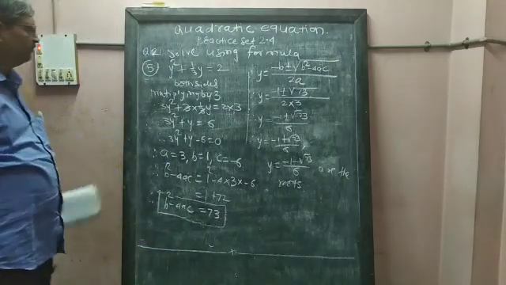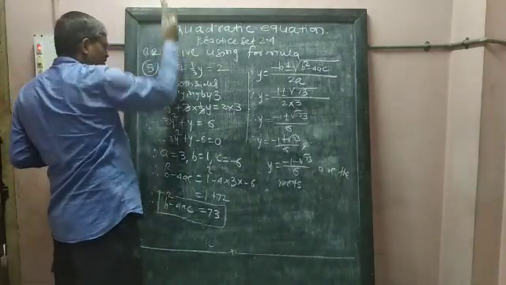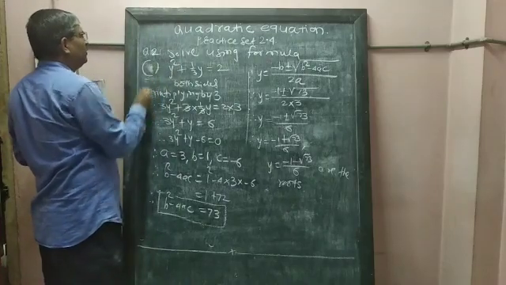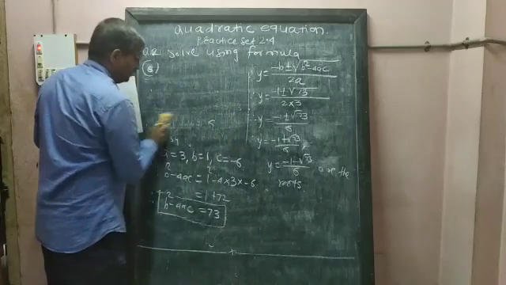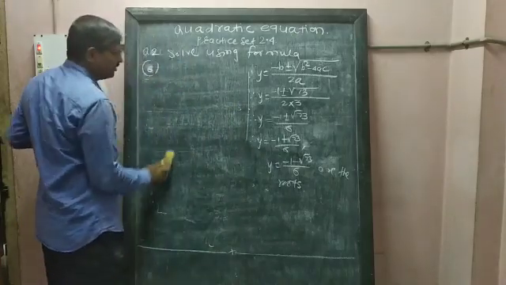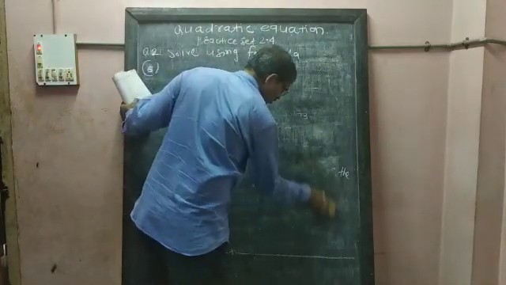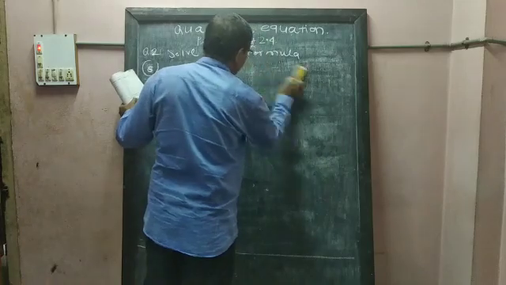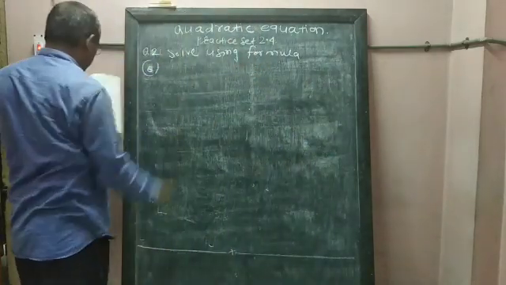Understand? So here is question number 6. We will solve the last question here. I was thinking to give it to you as homework, but let it be. Let me take this question number 6, and you should solve all these questions once again at home as homework, so that you can get mastery on questions of solving by the formula method.